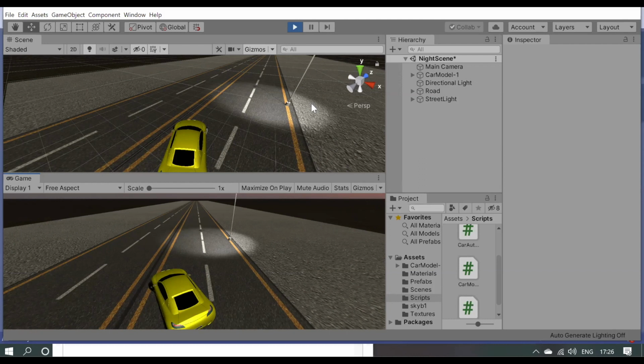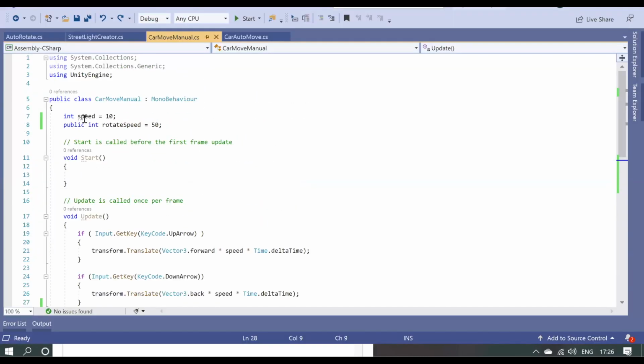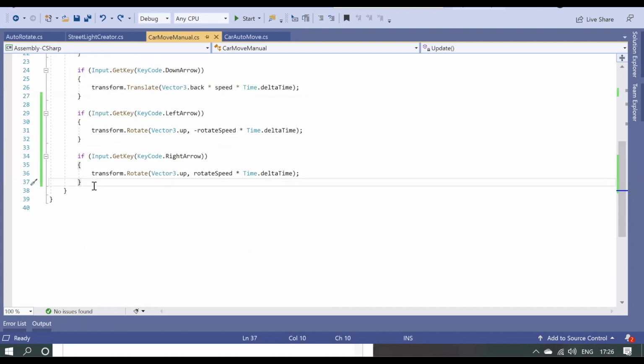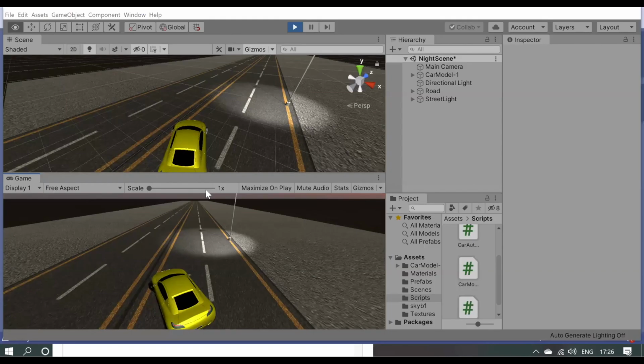Speed boost. Yeah, so speed boost is also coding, because in the speed boost you just increase the speed. Sir, like instead of 10, if we press one button, it will go supersonic. Yeah, so in that time, instead of 10 you make it 20 in the code. How will we do it, sir? It should move the same, sir, but when we press another button, it should go faster.